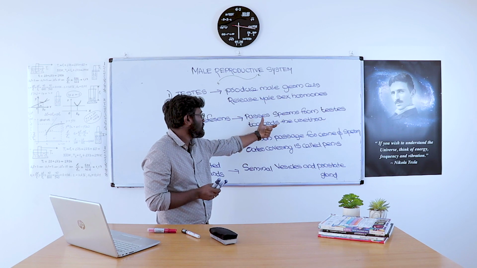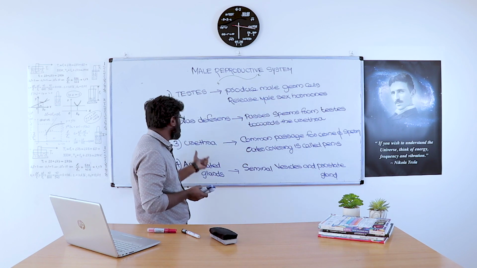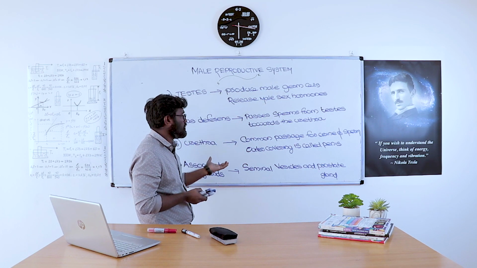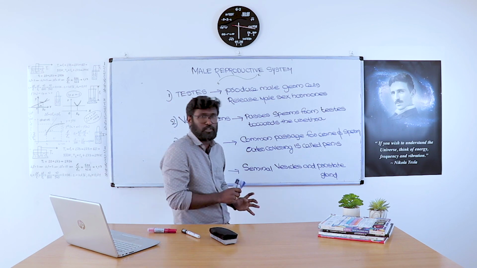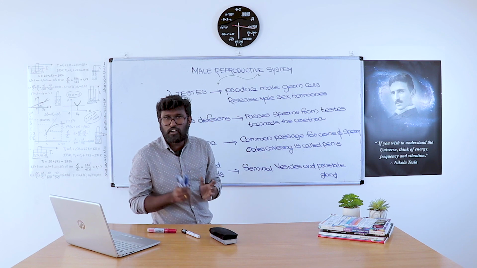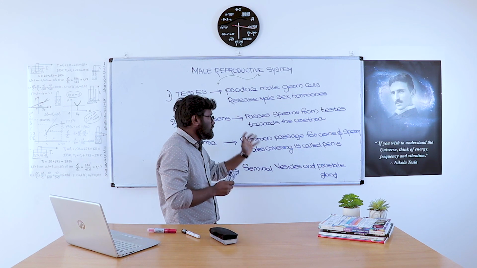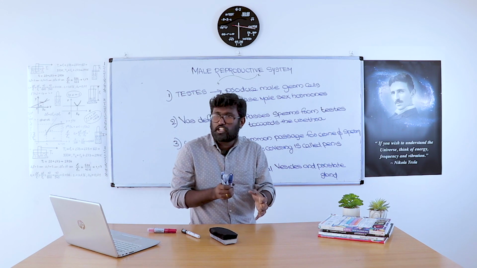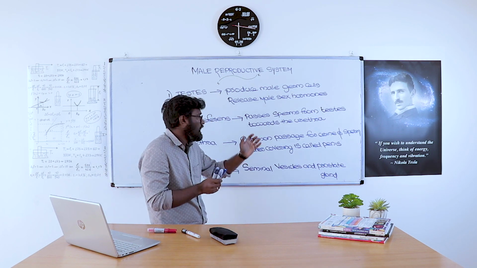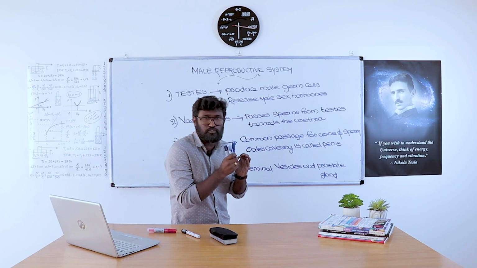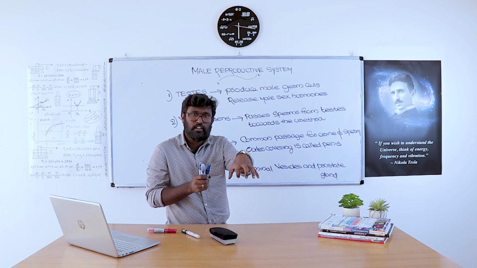The sperm flow. So what is the use of urethra? Urethra is the common passage for sperm and urine. The outer covering of urethra is called penis, and urethra is the common passage for sperm and urine in case of